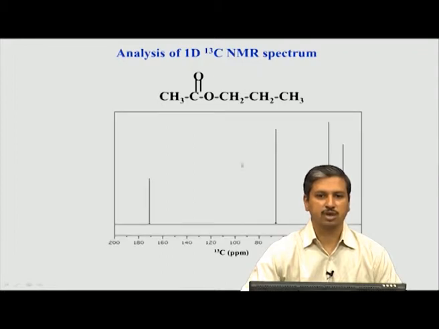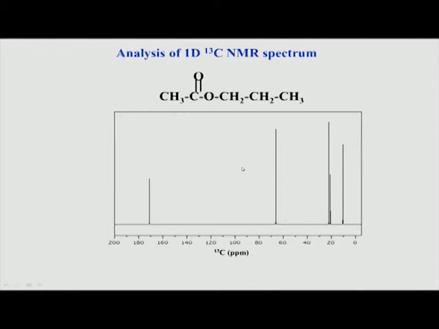This is the spectrum shown here for this particular molecule. Our objective is to figure out which proton and which carbon corresponds to which peak. First, let us look at the functional groups. Here we have an ester functional group. If you go back to the chart, you will see that the ester carbonyls come somewhere between 160 to 175 ppm, and that is what we are seeing. We are seeing a peak around 170 ppm, which definitely has to correspond to this carbonyl carbon.